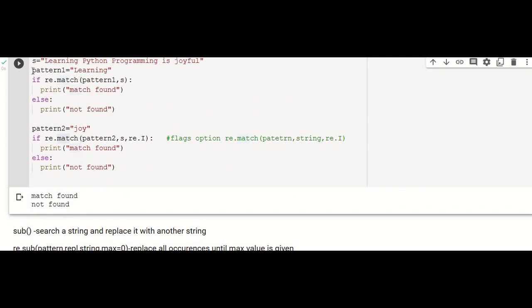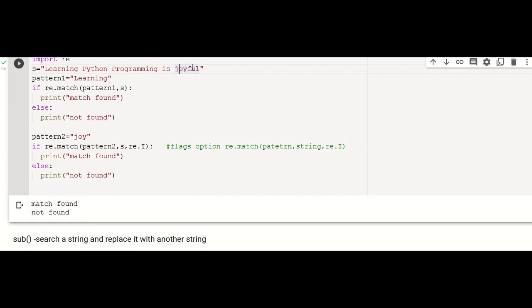For the first pattern, we have the output as match found because learning is available in the first position. And then pattern2 equal to joy. For the same match function, joy is not present at the beginning, but it is present at an intermediate position.